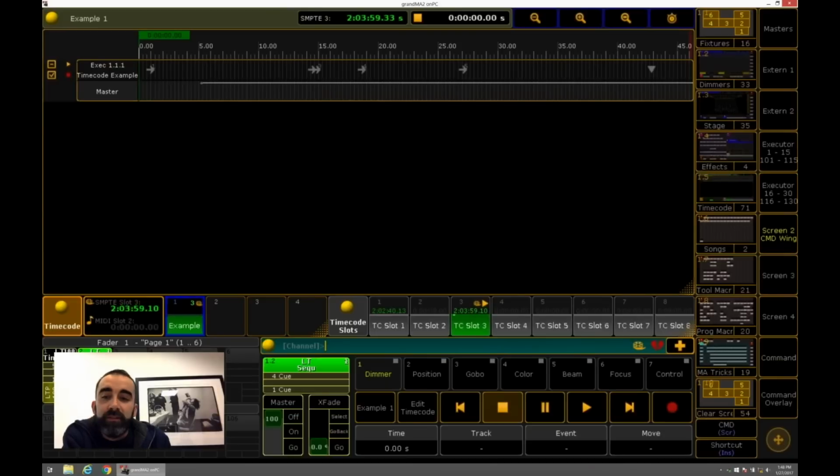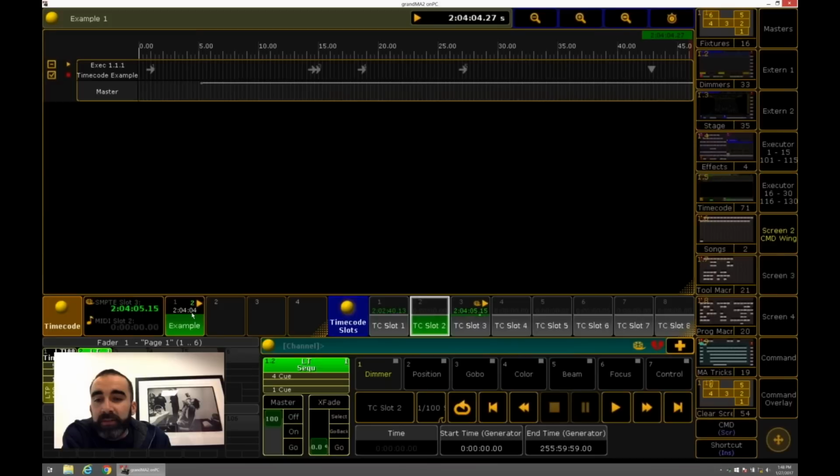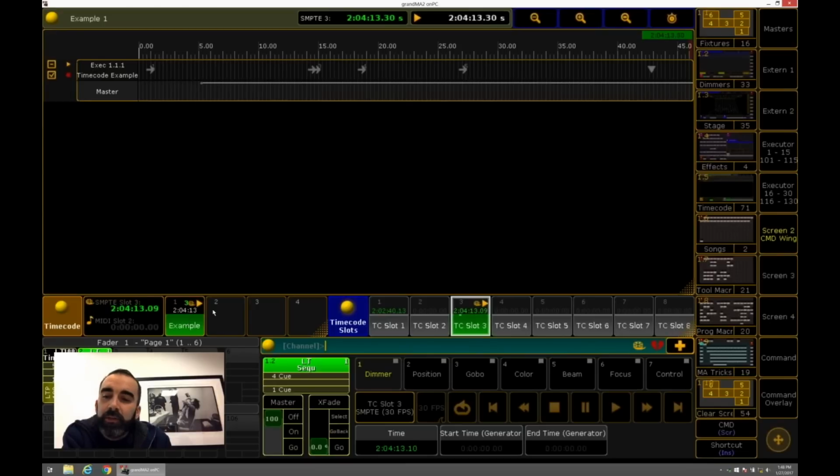If I say selected slot, I play the timecode show, and it's running. Pick a different slot, and it's not running. It's listening to slot 2, and slot 2 is not doing anything. Slot 1 isn't running because this timecode show was set to listen to my selected slot. So slot 1 might be from Pro Tools, the audio guy. Slot 3 might be the local, my computer playing it for my previs purposes.